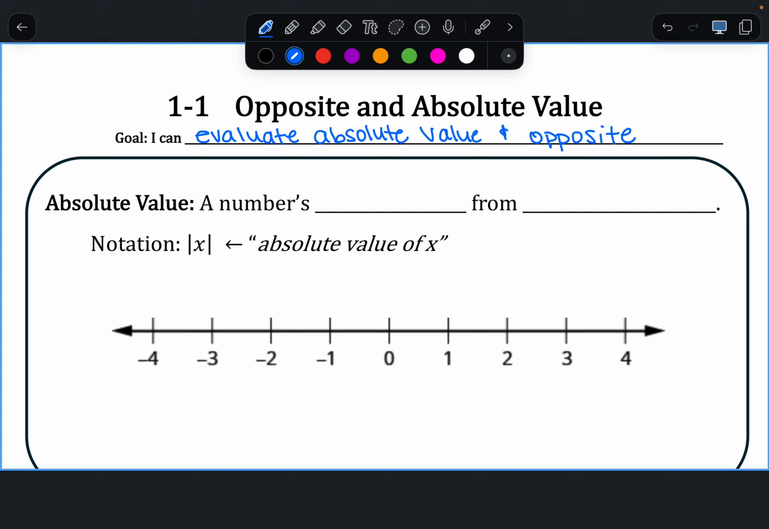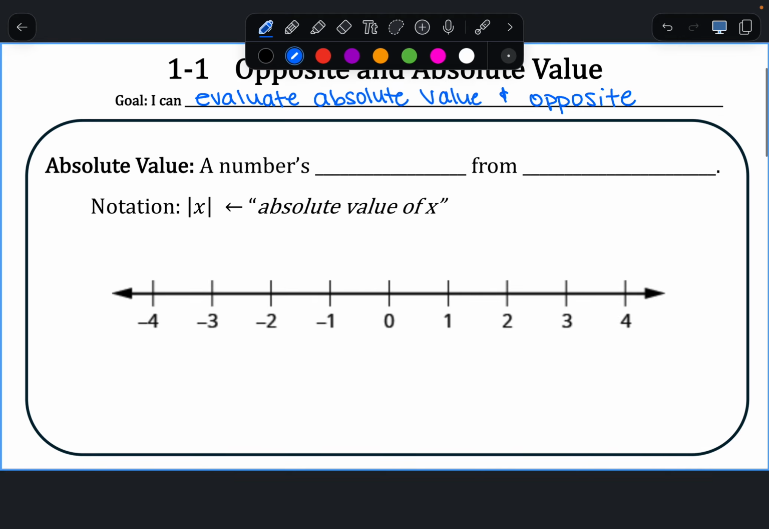Okay. So an absolute value, a number's blank from blank. Mason, you know what it is? Distance from zero. Ooh, nice work. A number's distance